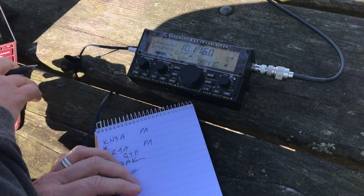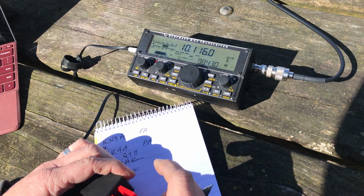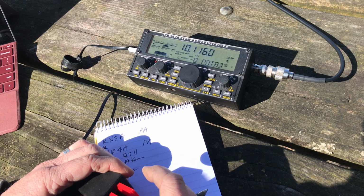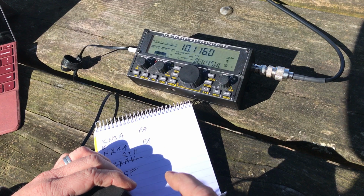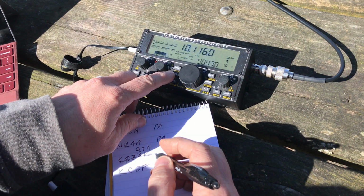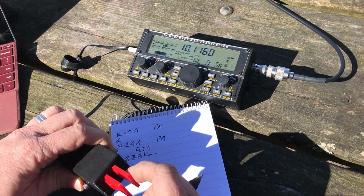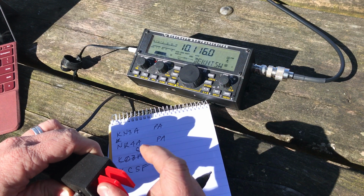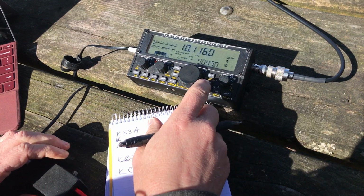That is so funny to have Steve now on 3 different bands. This is great. Now, if I have his call sign correct, that was a really terribly sent QSY. Let's move down to the